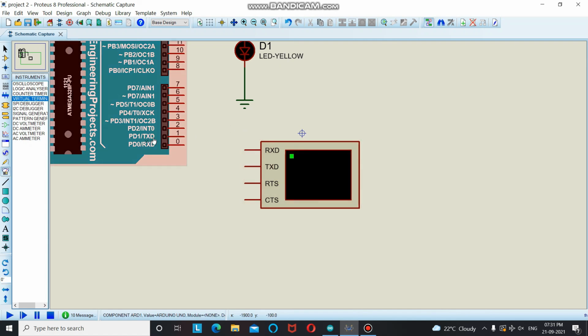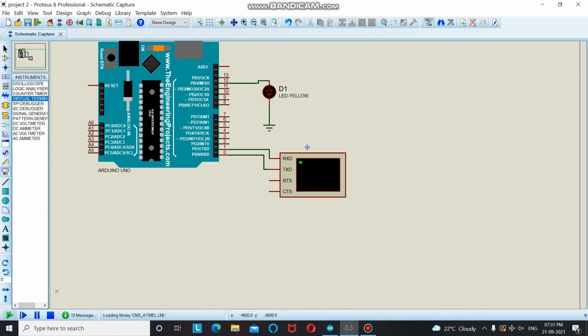For that you have to connect the transmitter pin of the microcontroller to the receiver pin of this virtual terminal, and then the receiver pin of the microcontroller to the transmitter pin of this virtual terminal.